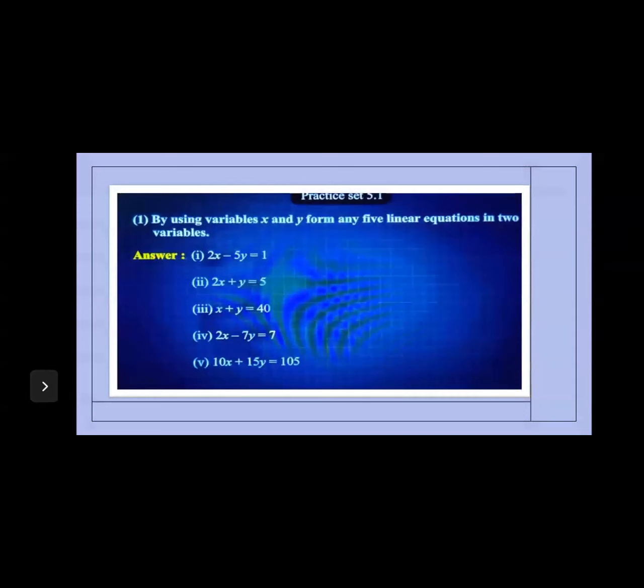Now, in your practice set 5.1, because simultaneous equations we have just introduced and have not taken any example, first we will do the examples we have taken, and then we will move to simultaneous equations. So practice set 5.1: by using variables x and y, form any five linear equations